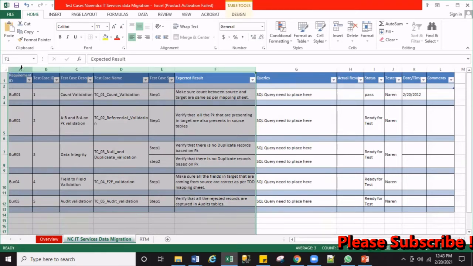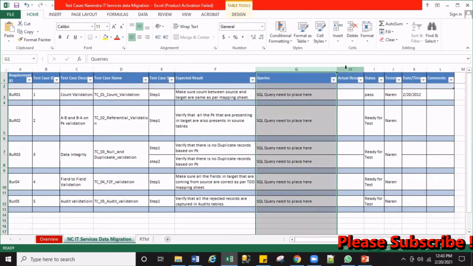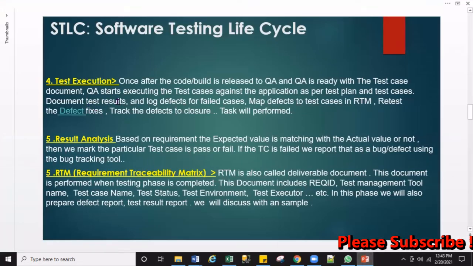So these are already done during test case creation. Now during the testing time, we will be creating a SQL query, running it, and updating whether it is pass or fail, who tested it, the time, all those things. So this is test case execution.